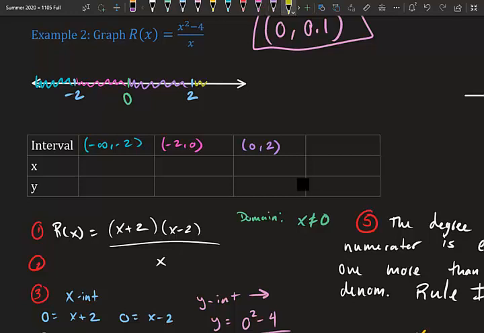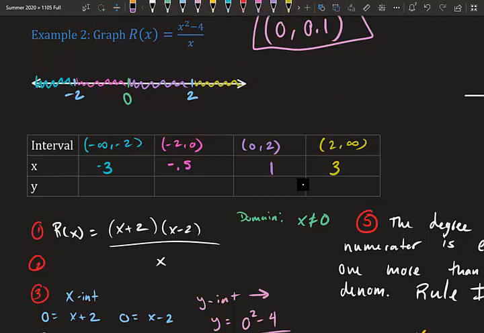And our last interval, 2 to infinity. Now we pick numbers. So a number between -infinity and -2 is -3. A number between -2 and 0, of course, you can pick -1. I'm doing this on purpose. I'm picking -0.5. I'm going to show you something, that's why. A number between 0 and 2, I'm going to pick 1. And then a number between 2 and infinity is 3. So you can either plug them in,